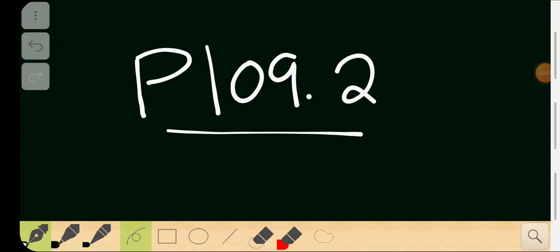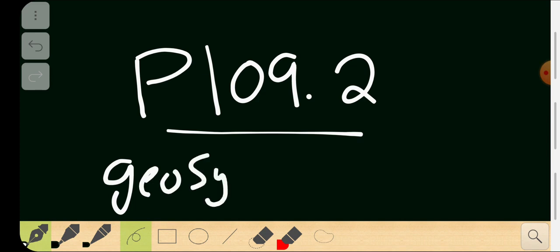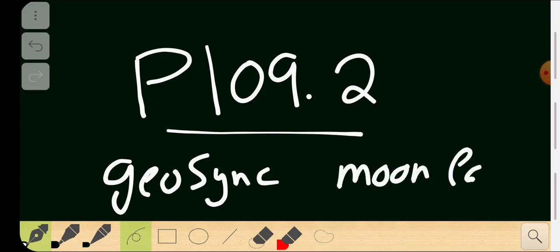This lecture is called P109.2. This is the second lecture of 109, and earlier we looked at geosynchronous satellites. Before that, we looked at the Moon and the Earth, the orbit system and the time period of the Moon rotating around the Earth based on Newton's laws and